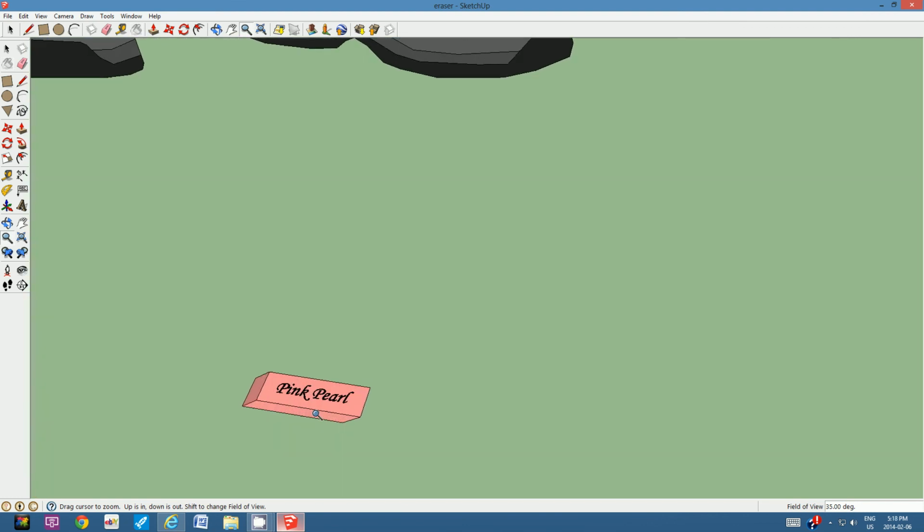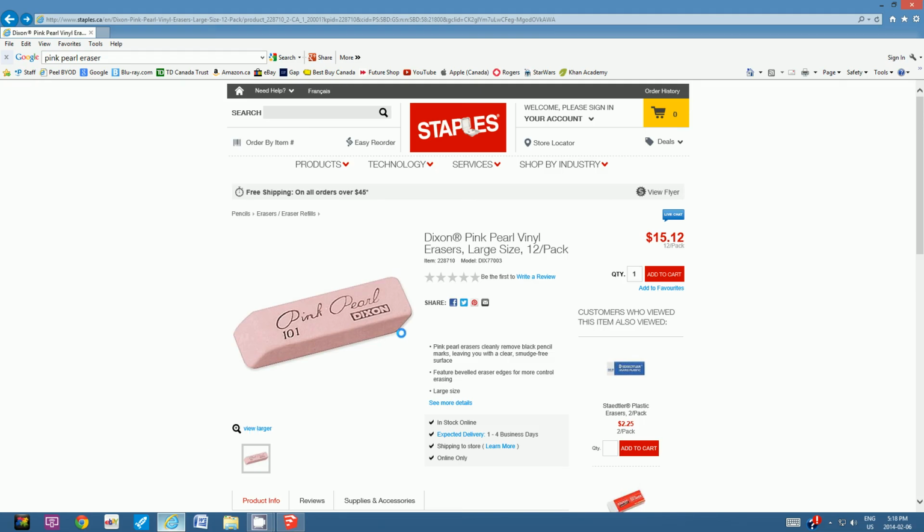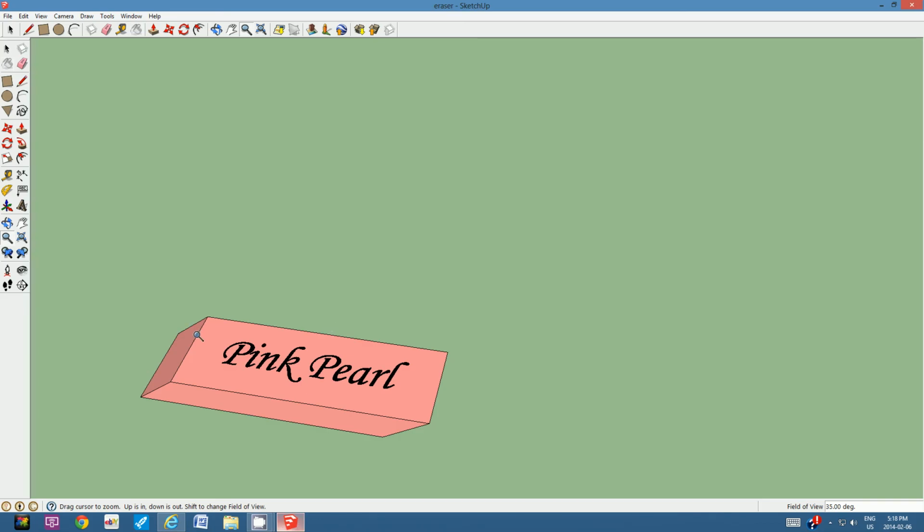Now if you want to go the extra mile and put in the brand, the actual company that makes the Pink Pearl, then you could type in Dixon there. But there you go. We've created an exact model with the exact dimensions of a Pink Pearl student eraser. Let's go to File,